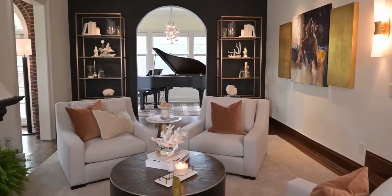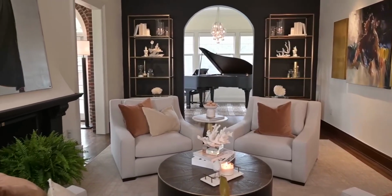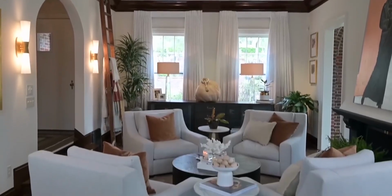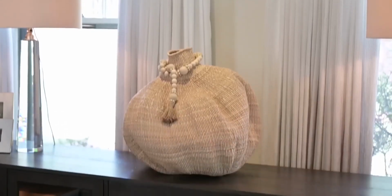The last three remaining items on my list that I wanted to address were, number one, I had a burnt out light bulb in here. It was the one that was supposed to be hitting my horse. It was not lighting up that horse, but once we replaced it, now it's lighting up the basket so beautifully. The next thing was I had a